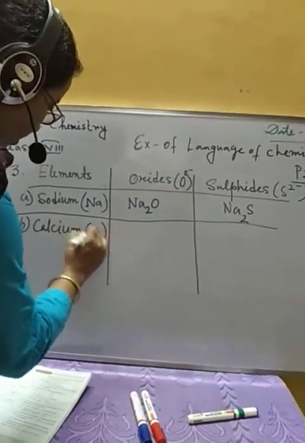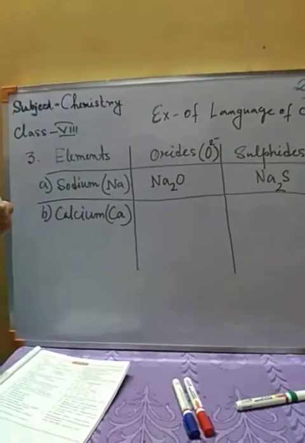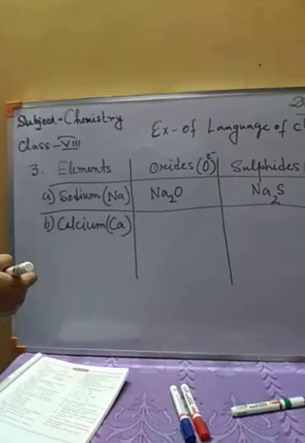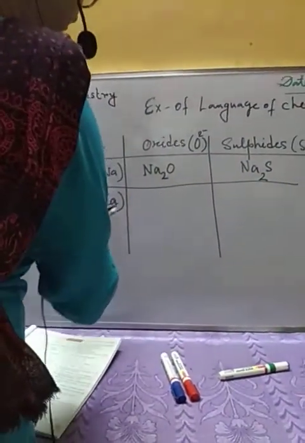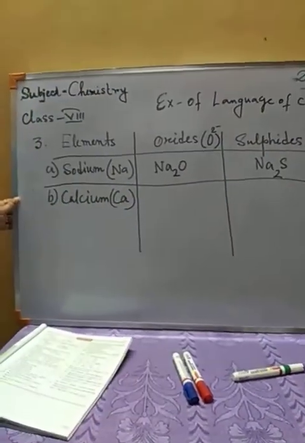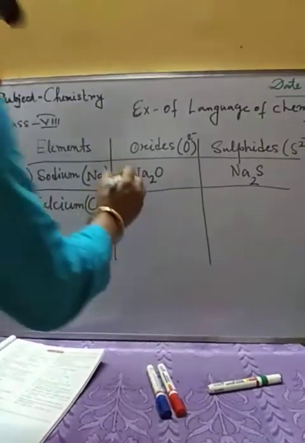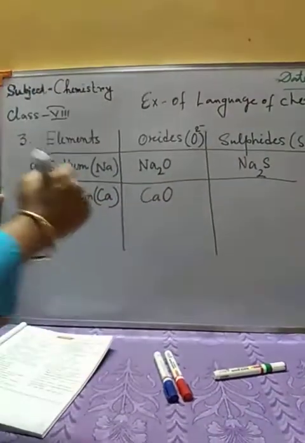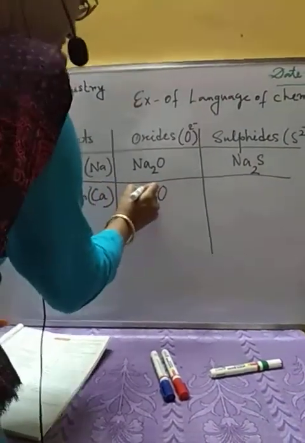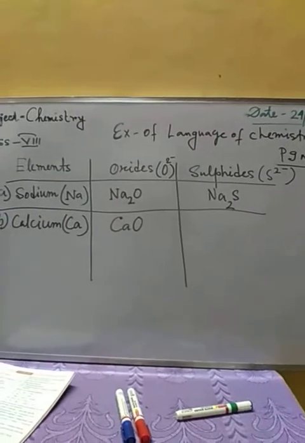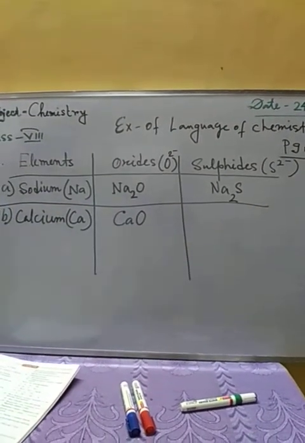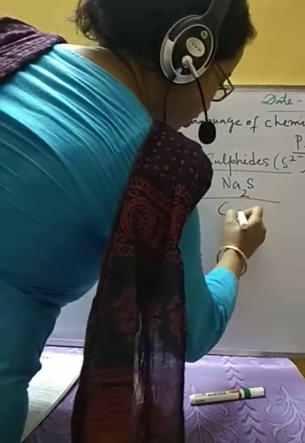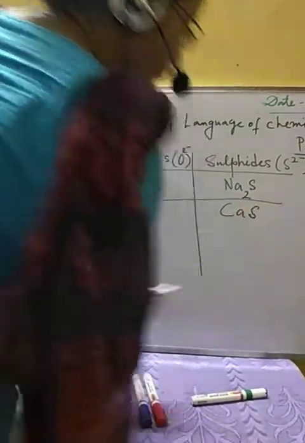Calcium is Ca. Okay, its valency is 2, so Ca2 plus will be the ion. So oxide of calcium: calcium's valency is 2, oxide's valency is also 2, so Ca2O2, or it will be CaO. As both are 2, we will just write the symbols of the elements side by side. Next, for sulfide also it will be CaS. Okay,